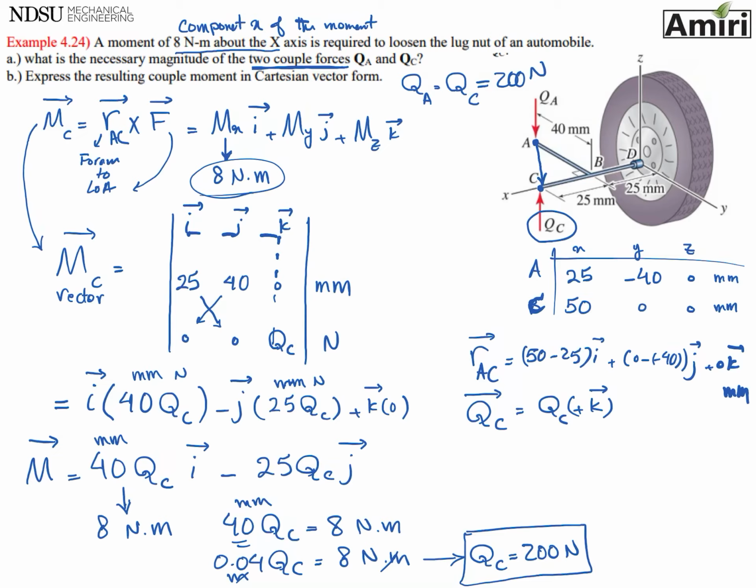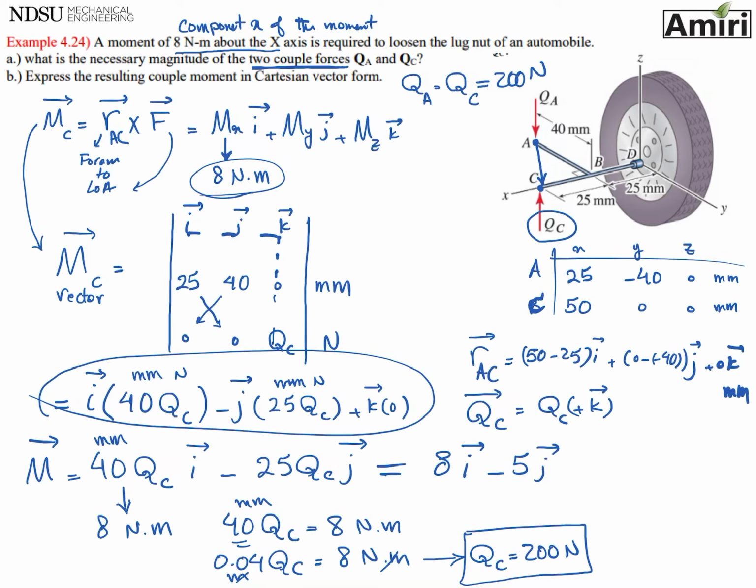Part B says express the resulting couple moment in Cartesian vector form, which we have. It's right here, it's the Cartesian vector form. All you have to do is set QC equal to 200 Newtons. So therefore my moment is going to be 8i, and it better be 8 because that's what the problem tells us, minus 5j Newton meters. And that is for part